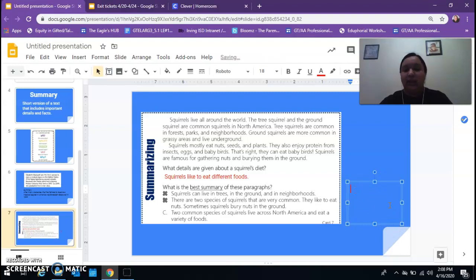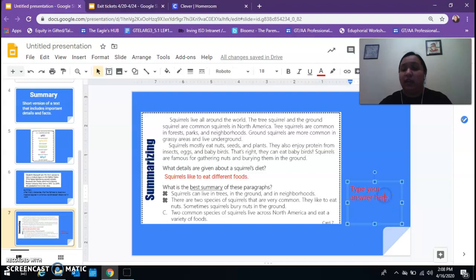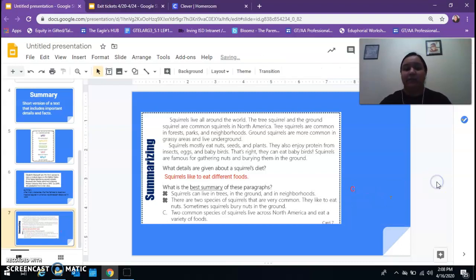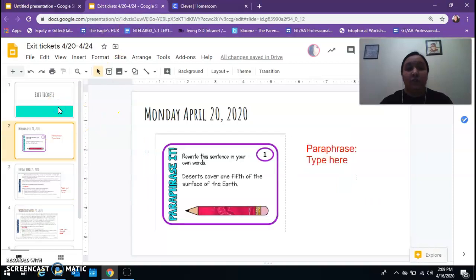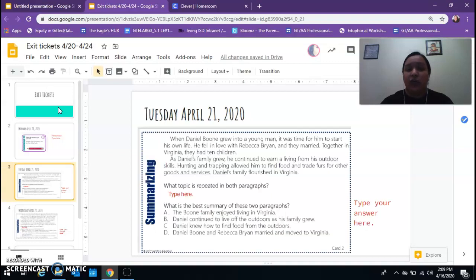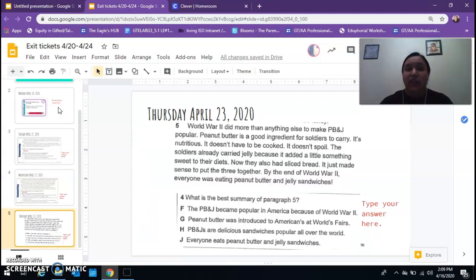Did you guys see that? Let me go back. There's an area, and you're going to see this with your exit tickets, where it says type your answer here. I'm going to just click erase, and I'm just going to type my answer, C. Let me show you what your exit tickets will look like. For Monday, you have a paraphrasing exit ticket. For Tuesday, you have an exit ticket that is similar to what we just did. Wednesday the same, and then Thursday you have